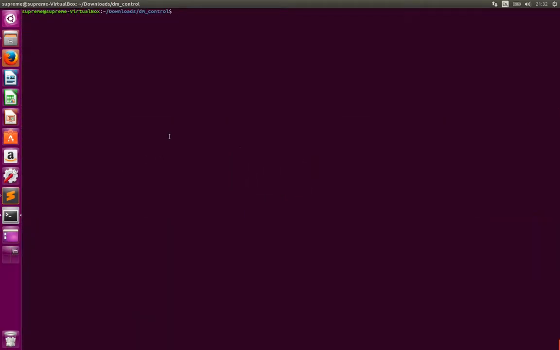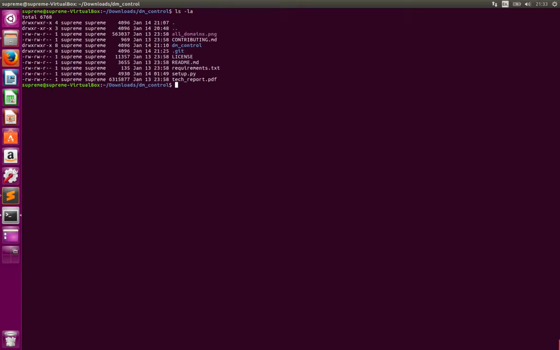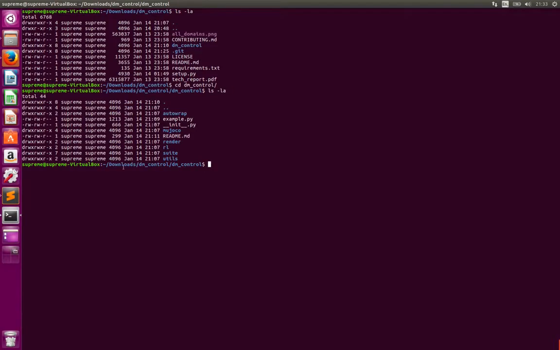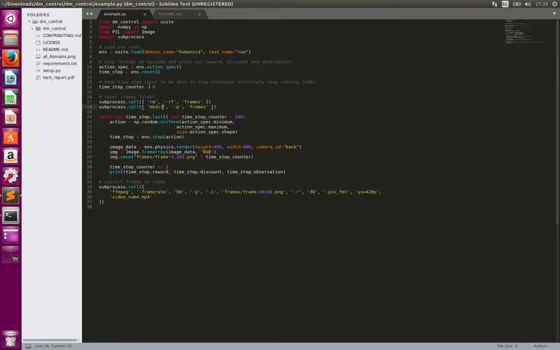Great, so if we go back to bash, let's see where we are. Everything's actually in this subfolder called DM control, and if we list that, we'll see that we've got my example.py here, and literally it is as simple as running python example.py. But before I run that, I just want to go back to the Sublime Text example.py and mention that